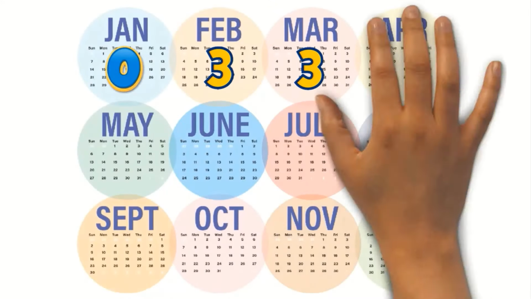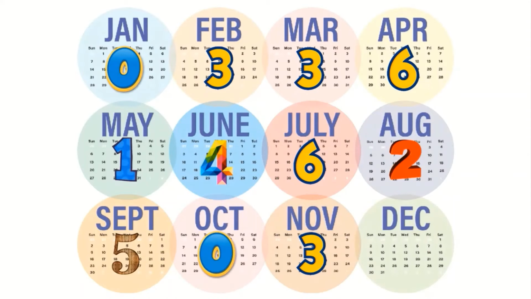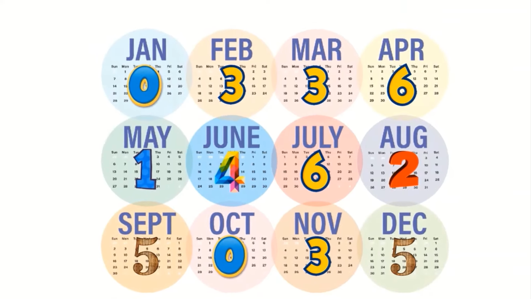These are the month codes which you need to memorize to solve any calendar related problem. However, let me also show you how to generate these month codes. January is the starting of the year, so before January there are no days or 0 days in the year. So month code for January is 0 mod 7, that is 0. Why 7? As we have 7 days in a week.